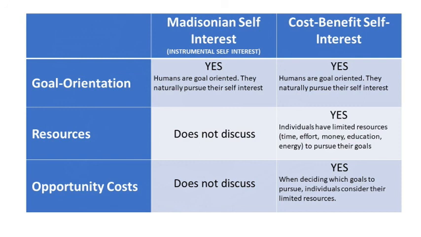Now that we have developed this competing conception of self-interest, we can formalize some expectations about political participation. In the next presentation, we'll discuss 4 propositions about political participation based on the cost-benefit logic. In a subsequent presentation, we will test the expectations of each type of self-interest to determine which provides us with a better description of political participation. This is the exciting part of political science. So, in the words of Shia LaBeouf, trust